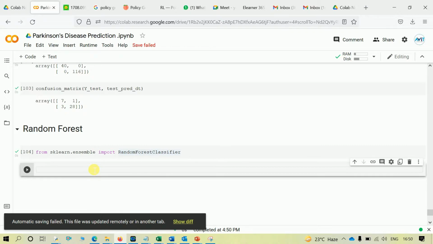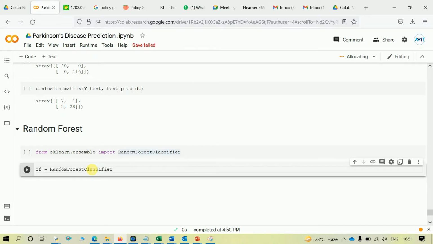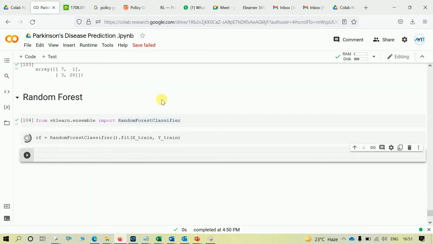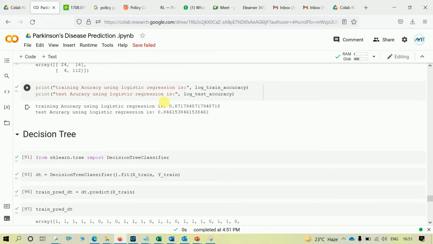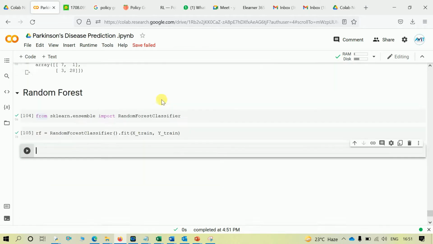Now let's create a model using random forest. So I'm taking a variable as random forest, rf is equal to random forest classifier dot fit, and here we will provide x train and y train. Okay, let me go step by step.